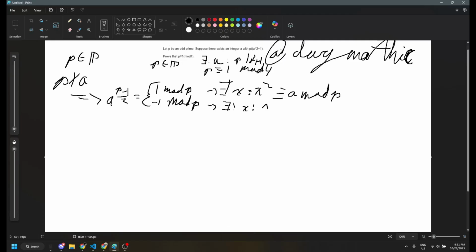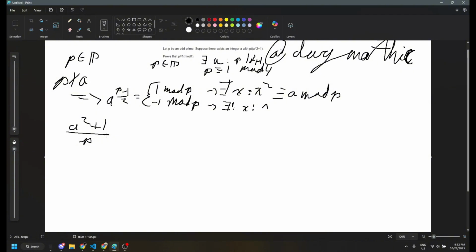Okay, so I spent a while trying to solve it. I couldn't get anywhere. So I found this theorem, and it said it would help with this problem. So, if we take this, we know that our P in fact is a prime, and in previous segments I proved that P does not divide A, I believe. But let's look at this. If A squared plus 1 is divisible by P, then